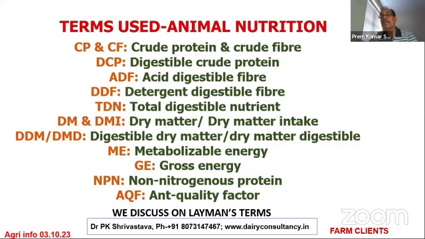Certain energy goes out in the form of dung, perspiration, and any other thing like stress. If the animal is in stress, some energy will go into that. That energy we subtract, and that becomes the net energy the cow is getting, right? So this frame encloses how the cow should be fed, right?